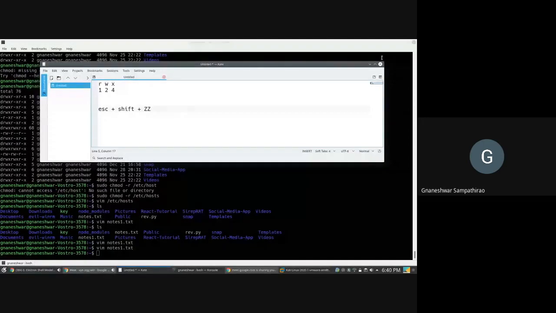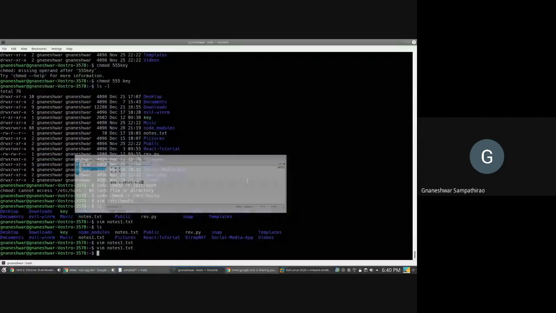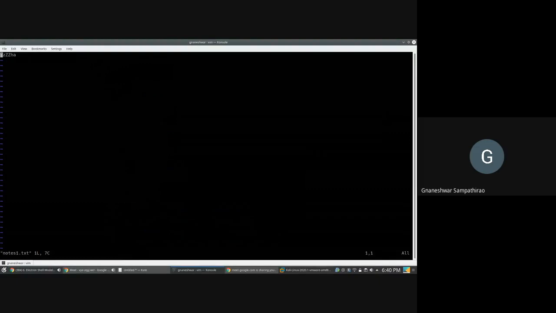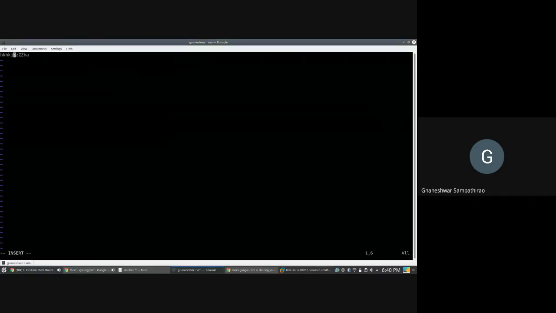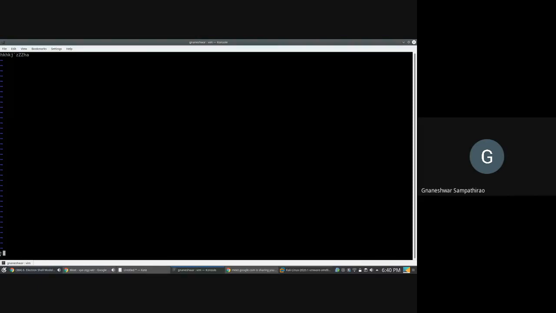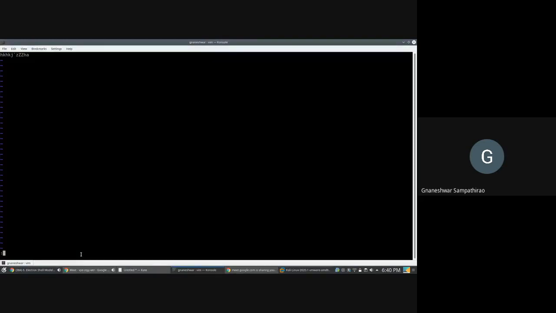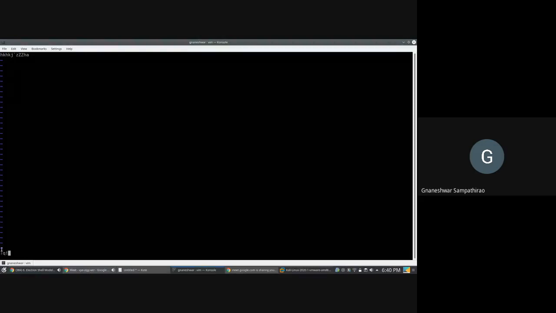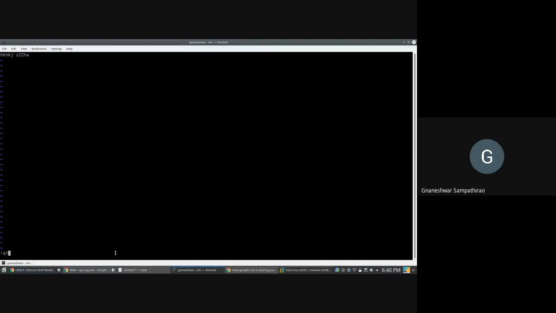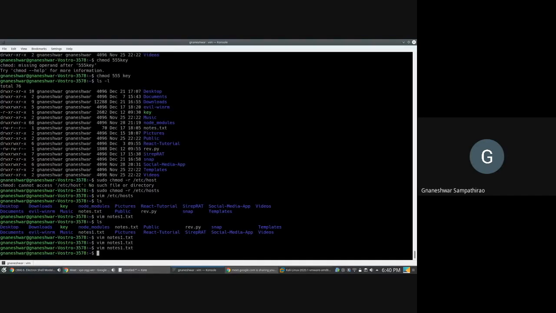And suppose you want to go back without saving any changes: you have done some changes, then you press Escape, and see the text which appears in the bottom line. You have to type that text after pressing Escape: colon, q, and exclamation mark, so that you will be going back. This is the way you use Vim, in brief.